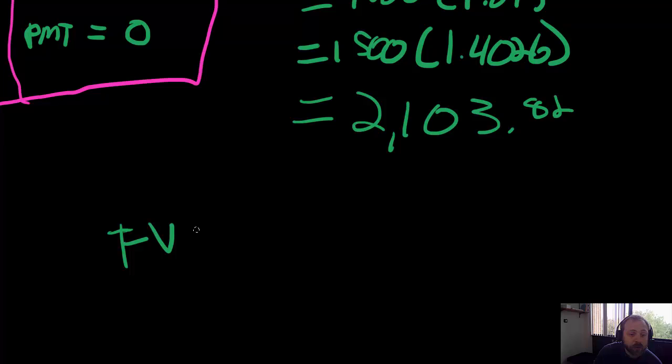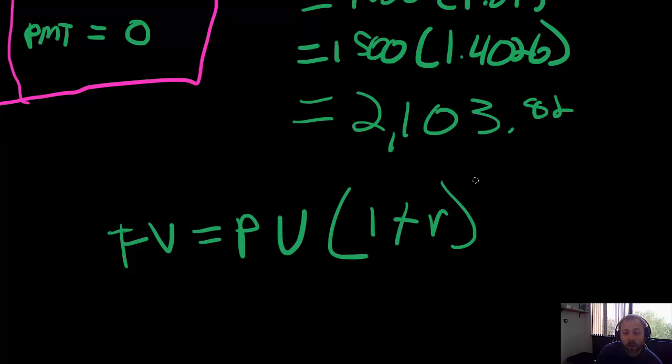And that is future value is equal to present value times 1 plus r to the n. Although most of you are going to use calculators for this kind of thing, it's always nice to know where the origin